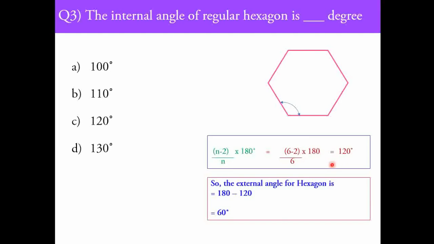For the same object, if the external angle is asked, we can calculate it since the total angle about the horizontal for one side is 180 degree. 180 minus the internal angle of 120 gives an external angle of 60 degree. But here the question asks for the internal angle of a regular hexagon, which with the first formula is 120 degree. The third option, option C, is correct.